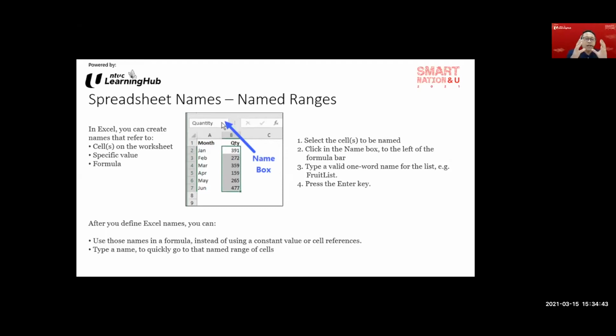Why is naming the cell very useful? For a very simple reason, because later on we will be practicing some activity in relation to this particular segment. What is that activity? I will explain to you when we come to that.